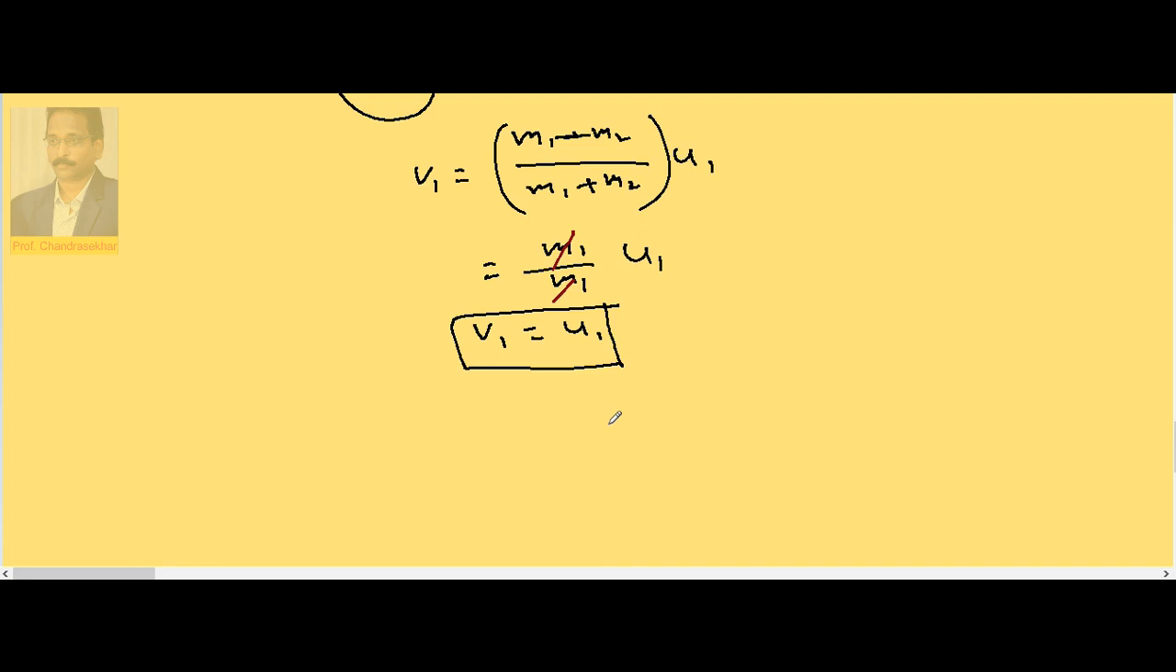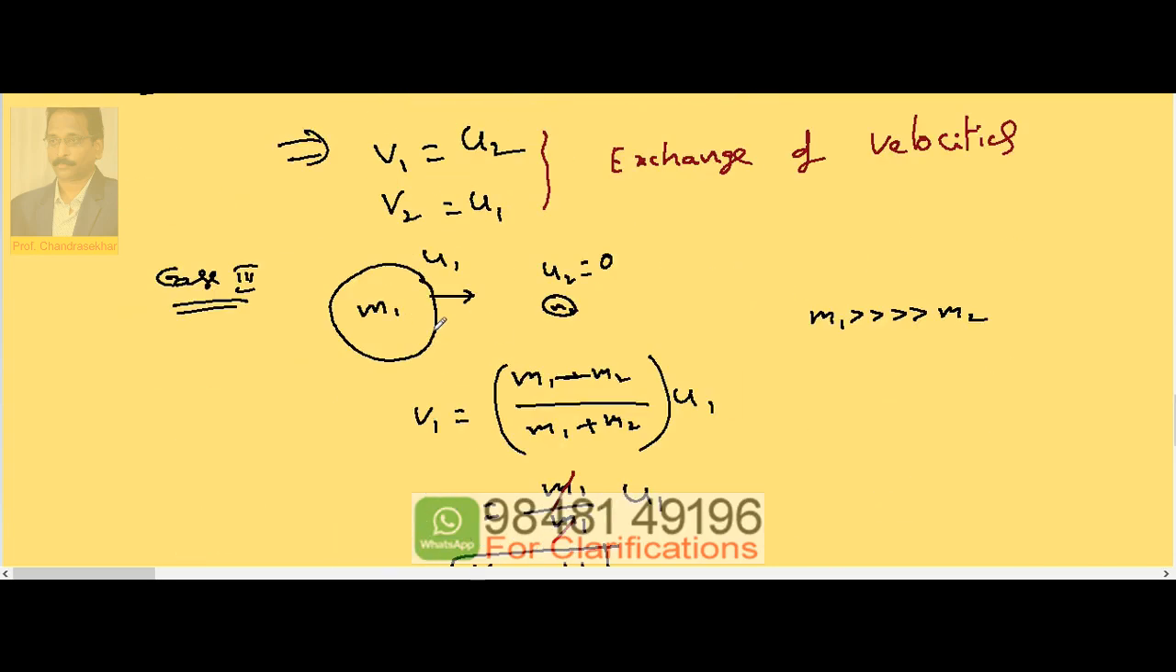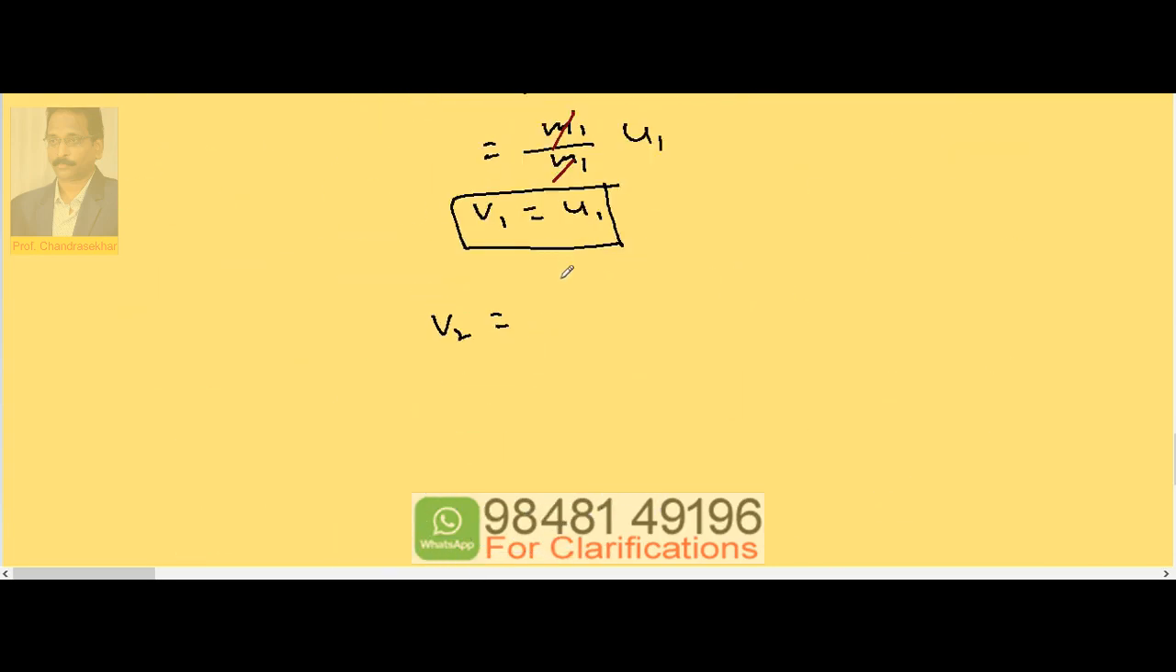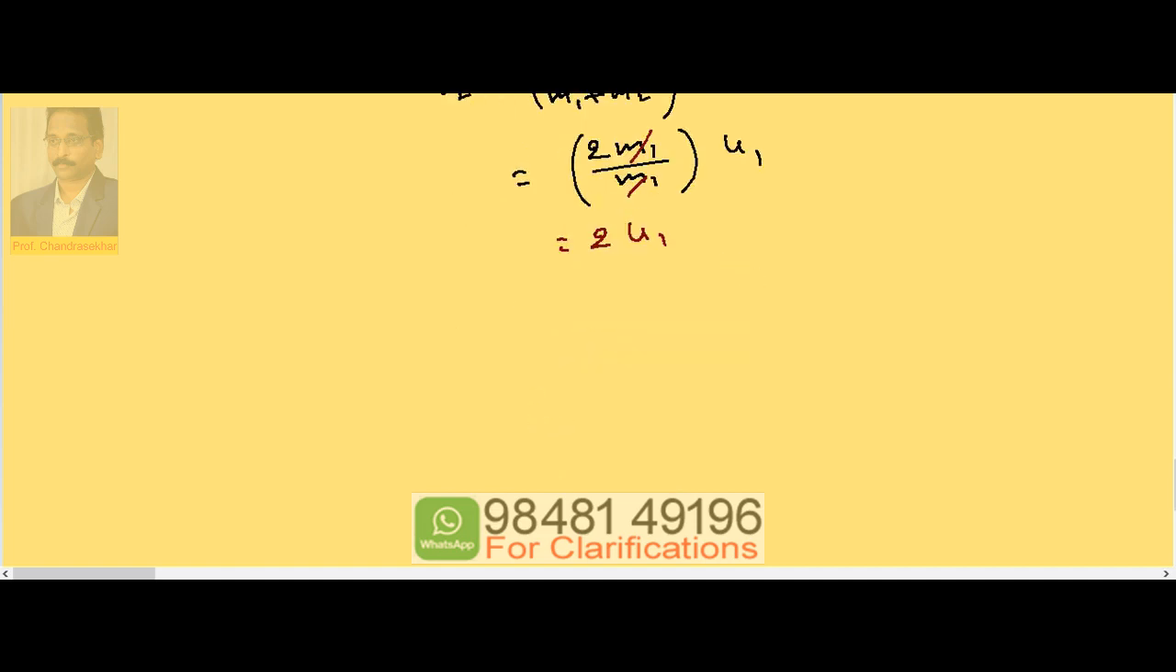Then what about v2? Now the same equation, but the u2 term is 0. So take this part: 2m1 by (m1 plus m2) into u1. But m1 is much greater than m2. That means 2m1 by m1 into u1. So I can cancel m1 and m1, and this becomes equal to 2u1. So the meaning of this one,